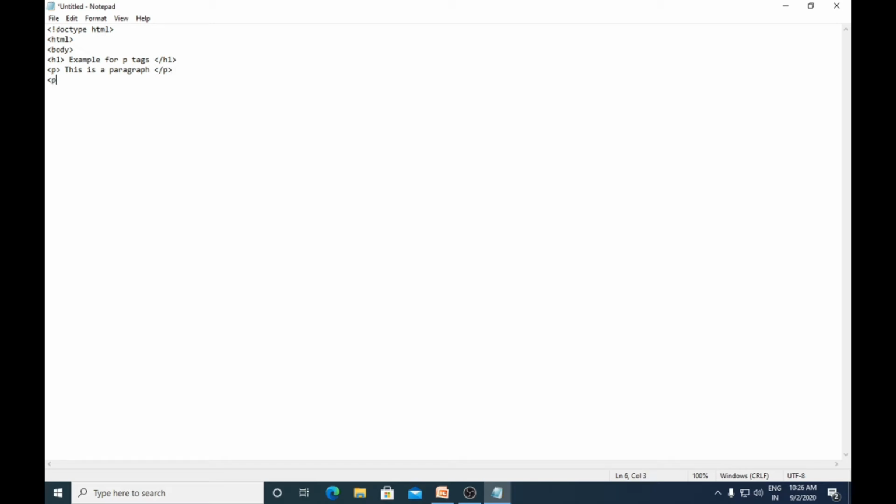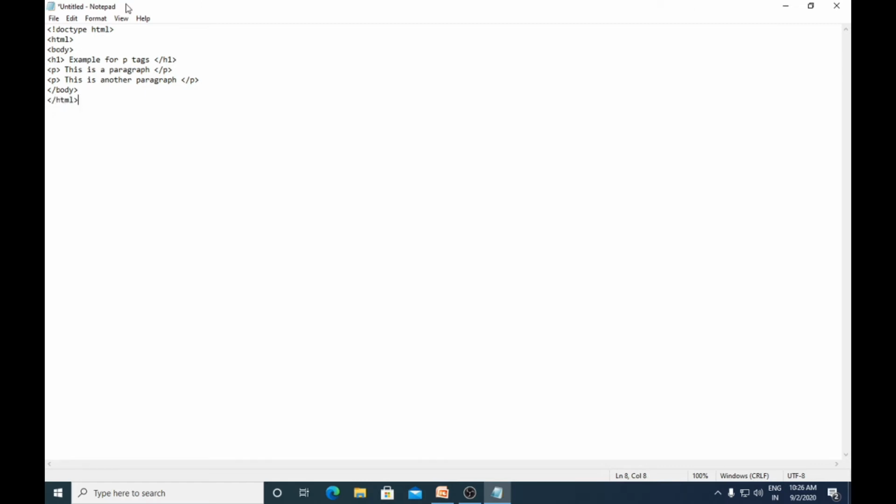Next write down p, "This is another paragraph", slash p. Then close the body element, and then close the HTML element.